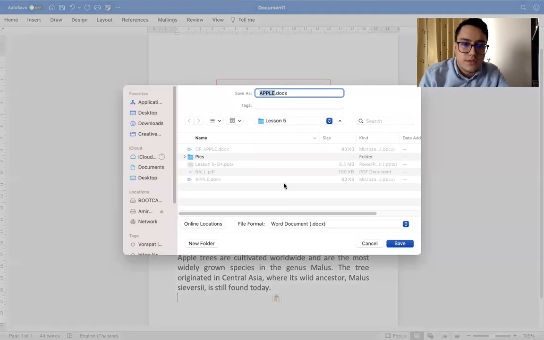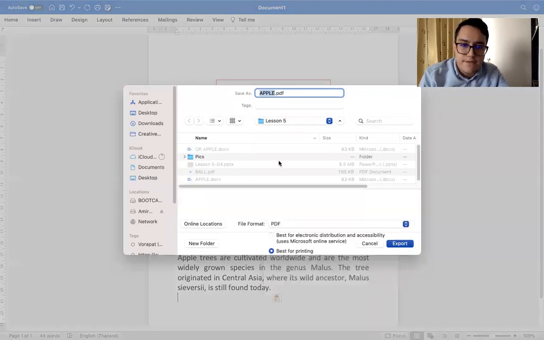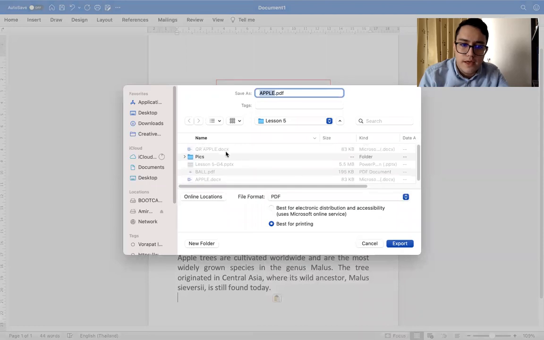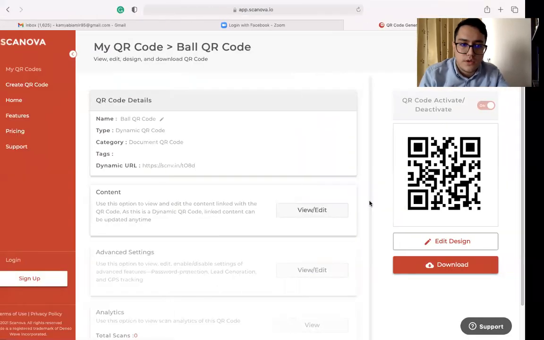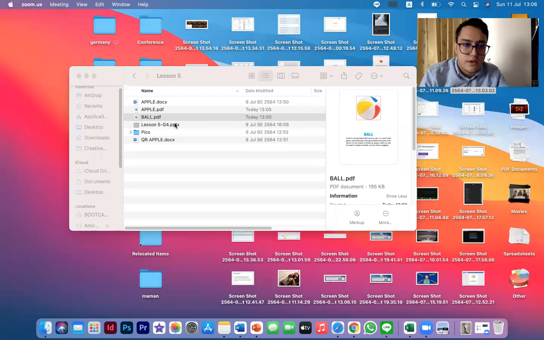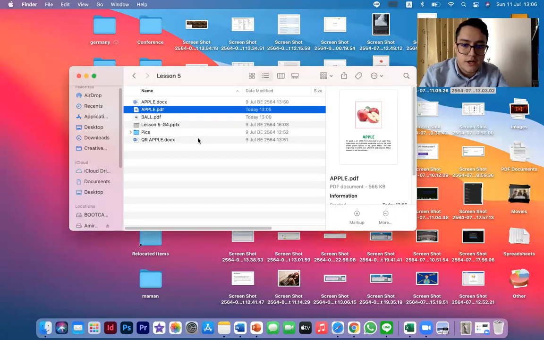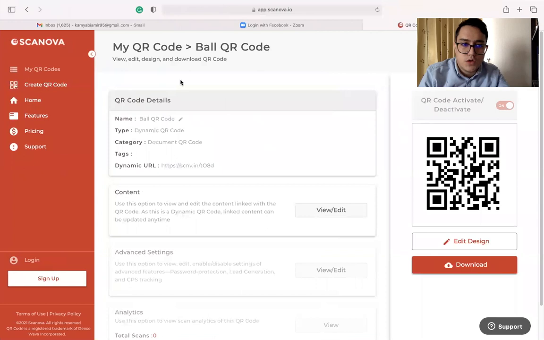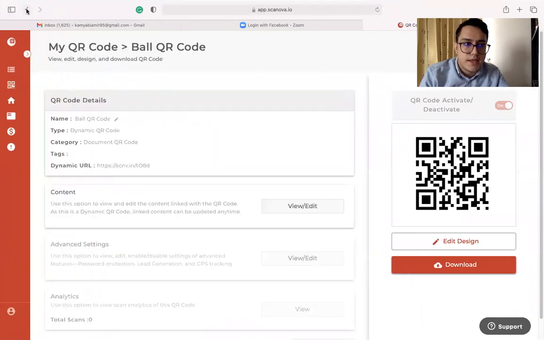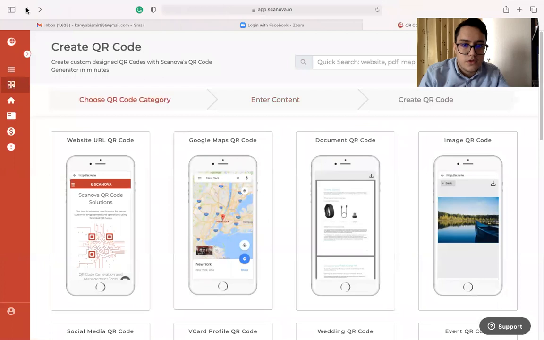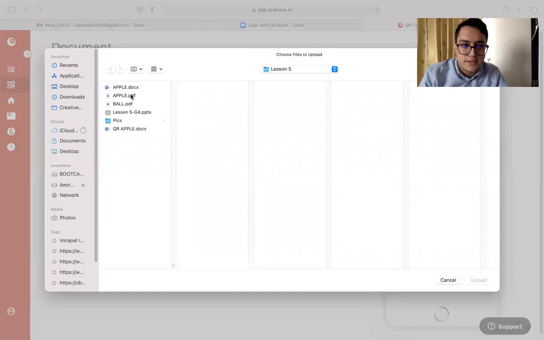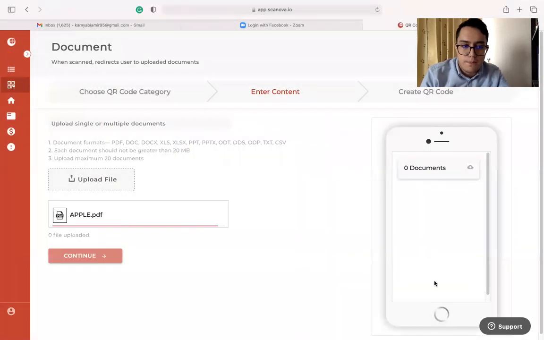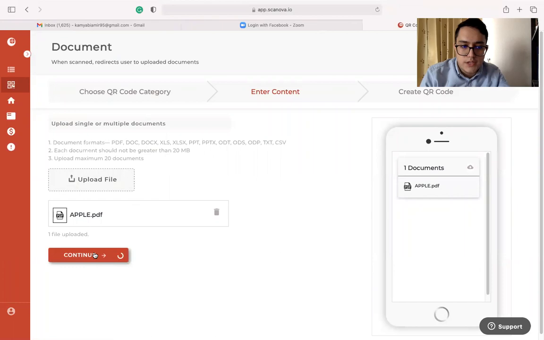Now, again, we go save as PDF. The name would be Apple. I want to save here, export. Once we export it, we go back to here, we can see it. We got it already. So let's go to our website again. Let's go back. Document, upload file. This time we choose Apple. Upload, continue,